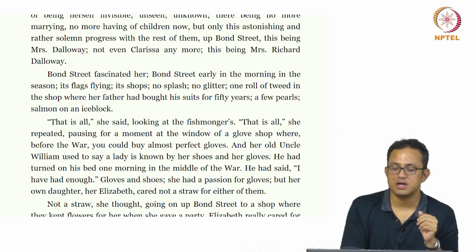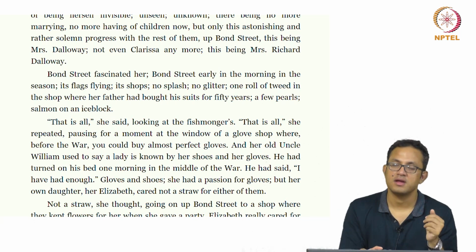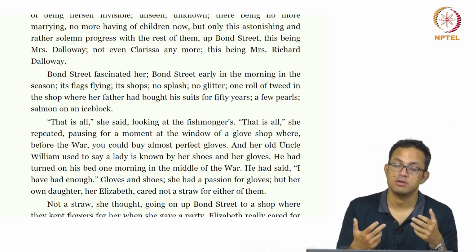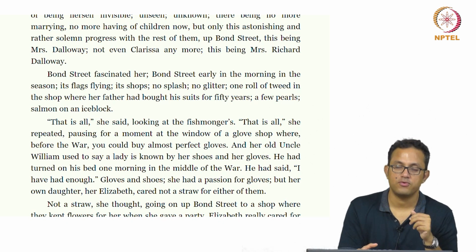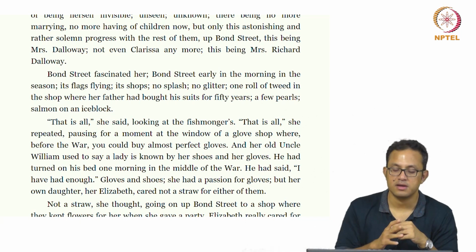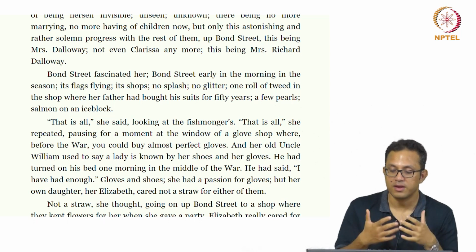The gloves are a bit misshapen, and there can be all kinds of readings out of it. One of the readings, obviously, is people come back from the war. The veterans who come back from the war, sometimes they had missing fingers, so maybe the gloves had to be made differently, had to be designed differently post-war. So the perfection of the gloves before the war is being contrasted with the imperfection, and the imperfection, of course, could be a medical, a cosmetic compulsion after the war because of the sufferings, the physical sufferings that the war